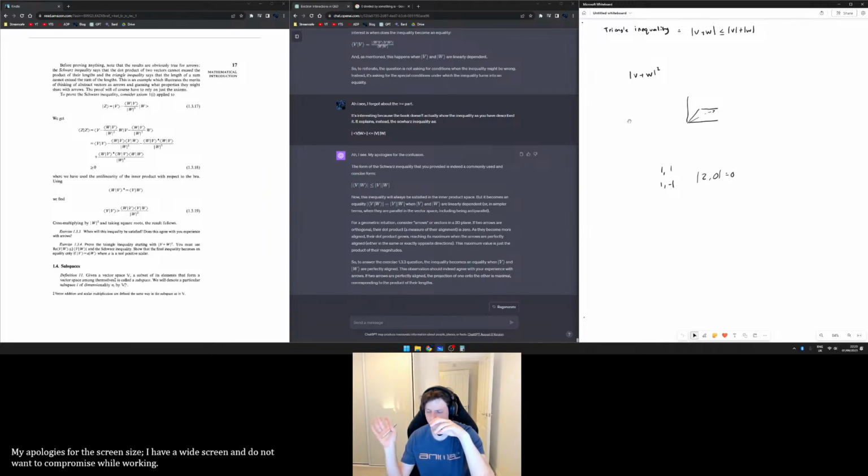You'd end up with 2 on the right hand side, so it'd be 0 is 2, so 0 is less than or equal to 2, which is true. And the reason we know that is probably not what they want to show here, because their proof is, they're saying if the inner product is like,